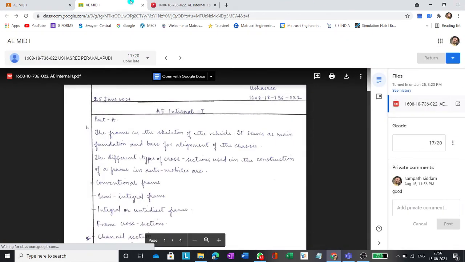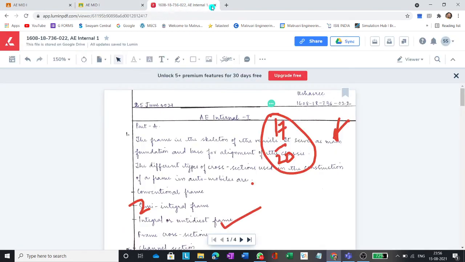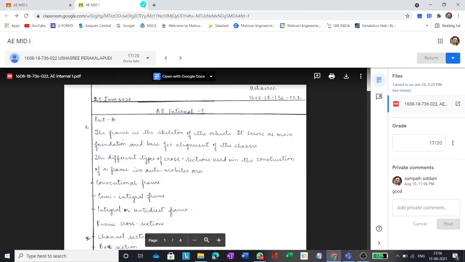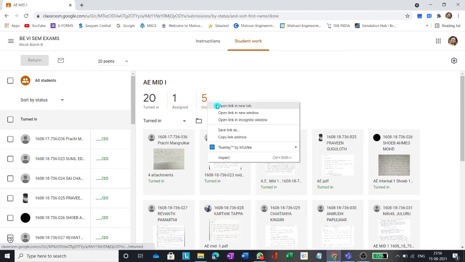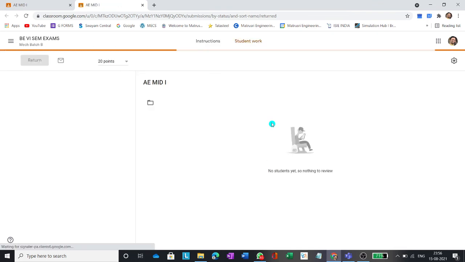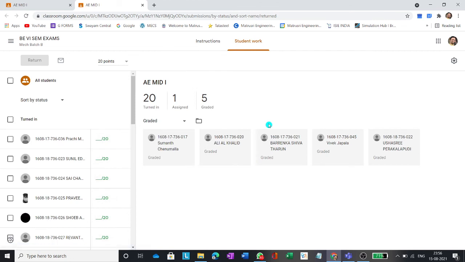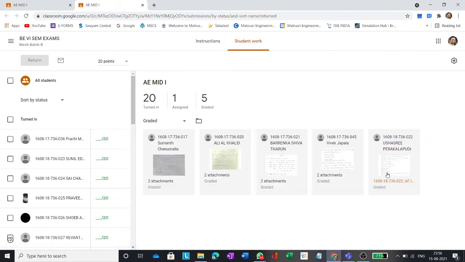Now we'll verify whether the evaluation which has been done is properly done or not. I'll go to the turned in papers for 22 November. Let me go through the 22 November. Yeah, here is the paper.